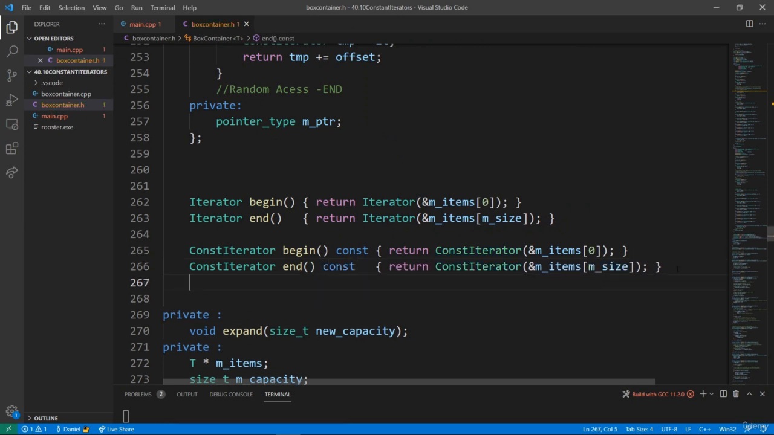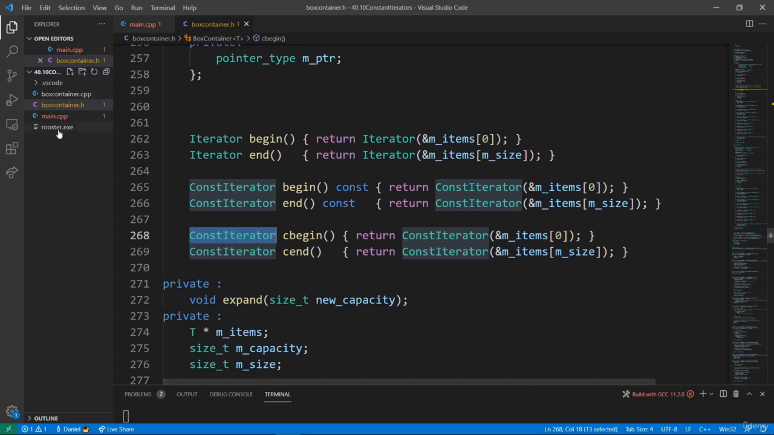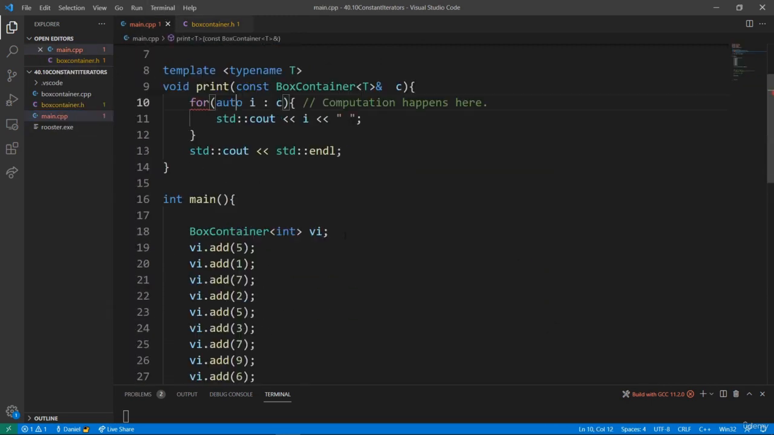But we also need to provide the cBegin and cEnd methods. And we're going to put them right here. And they are going to do exactly what we expect here. They are just going to say cBegin and cEnd, and they are going to return constant iterators because that's what they are. Now, if we go back to our main function and try to build again, we are trying to